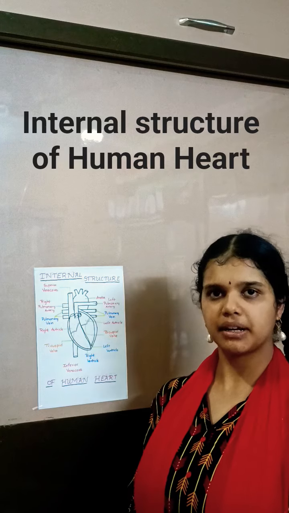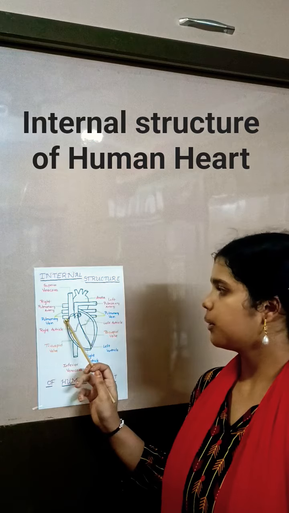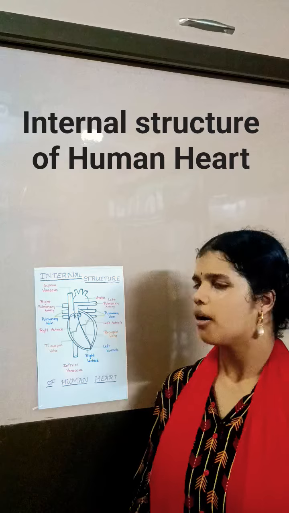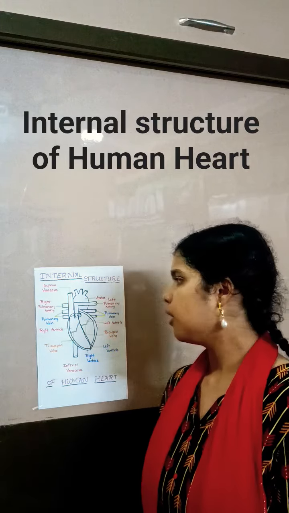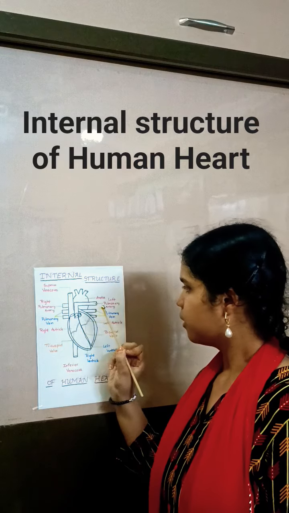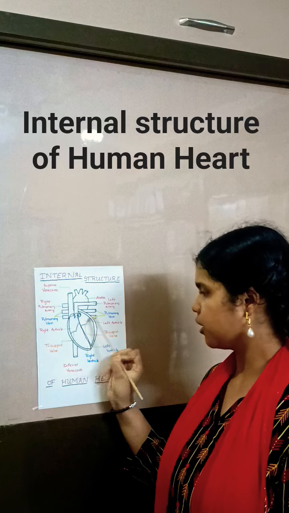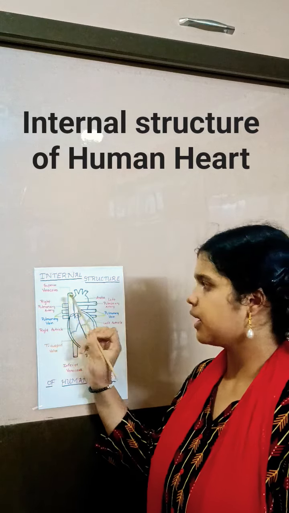And veins. Veins carry the blood from body parts to the heart, and the pulmonary veins, which are present on either side of the heart, carry the blood from the lungs to the heart. The pulmonary veins are directly attached to the left auricle, and the right auricle is directly attached to the superior and